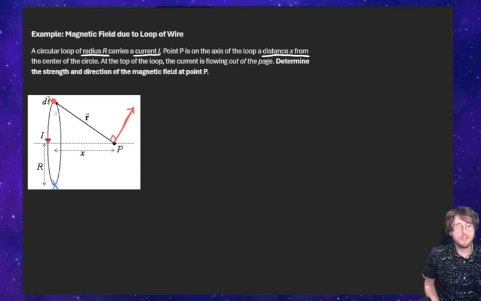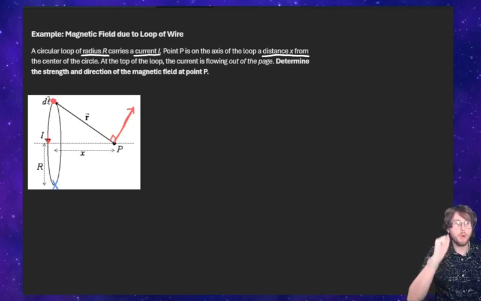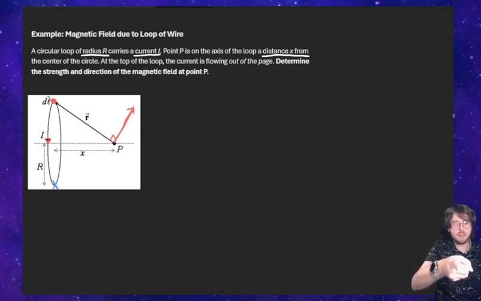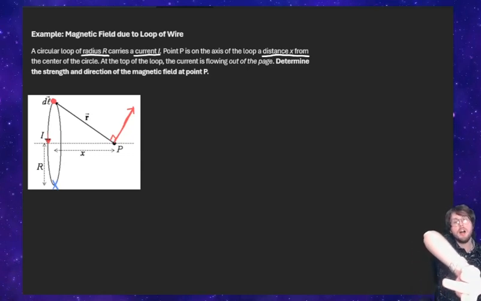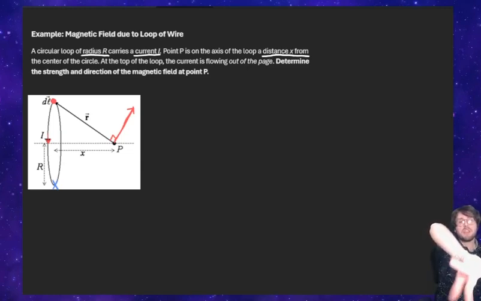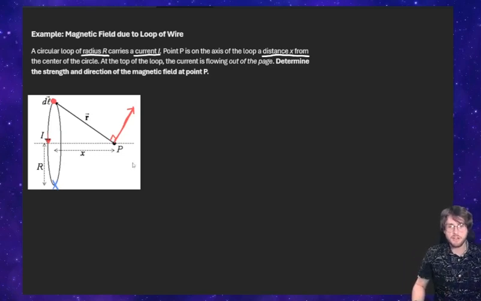Now in this case, we can also take a look at the bottom and see what changes about the direction. Now for this one, we're going to again stick out our right hand. This time, we're going to point our pointer finger in the direction into the page. And then in this case, it's going to help to draw the distance r here. But in general, you're going to take your pointer finger and, from the bottom of the loop, rotate around until your middle finger points from the bottom of the loop up to point P, which is going to be about that way. And then if you stick your thumb out, it should point down and to the right,